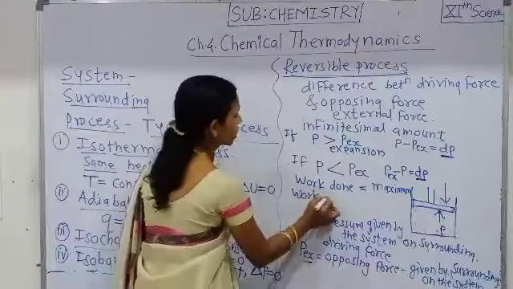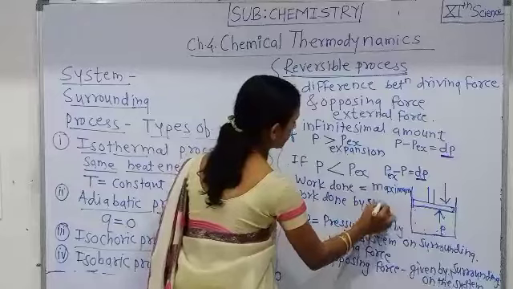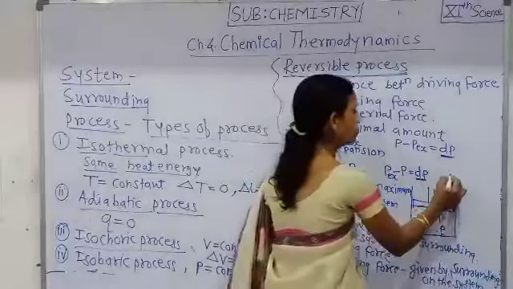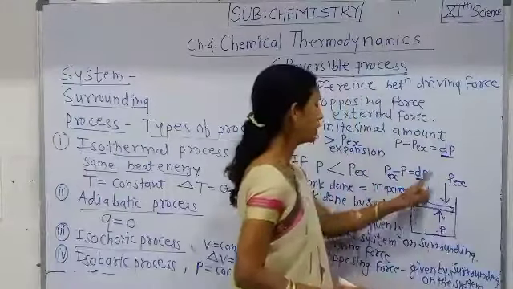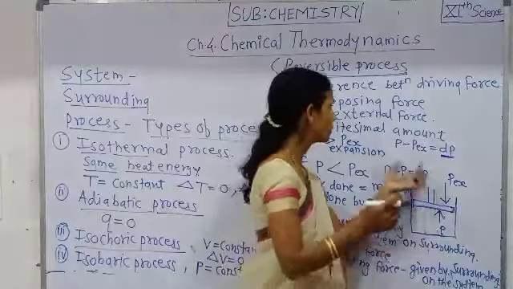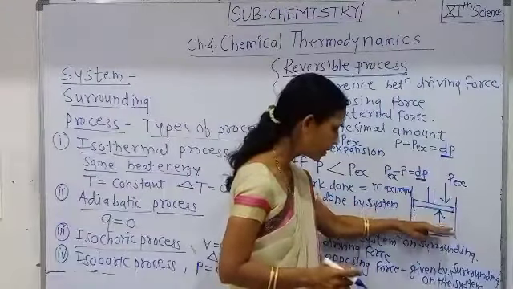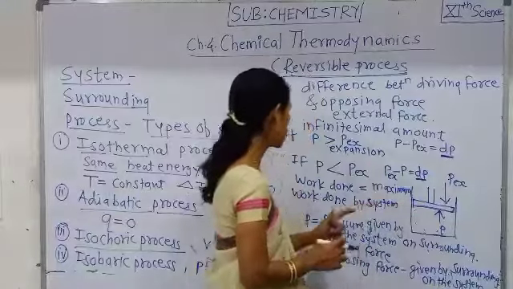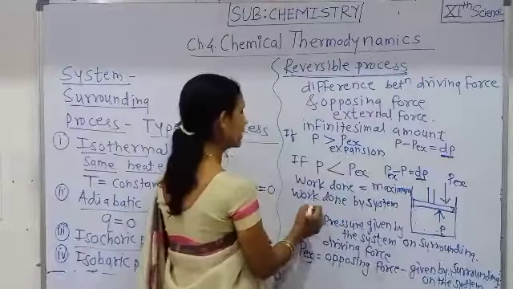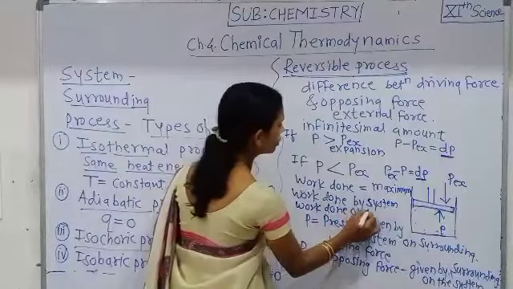Here work done takes place by the system, and if here PEX, that is the opposing force, is greater than the driving force by an infinitesimal amount, then the piston moves downward slowly, and here also the work done is maximum, but here work done takes place on the system,